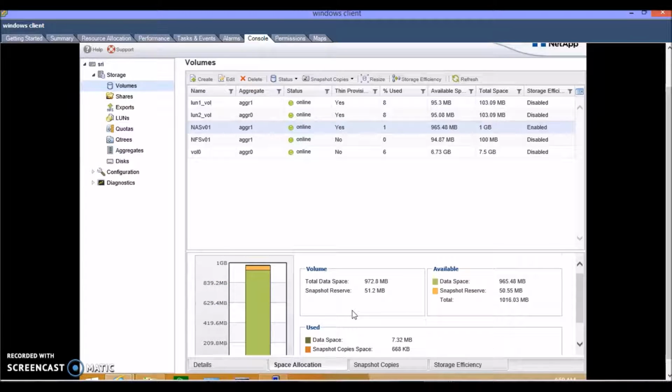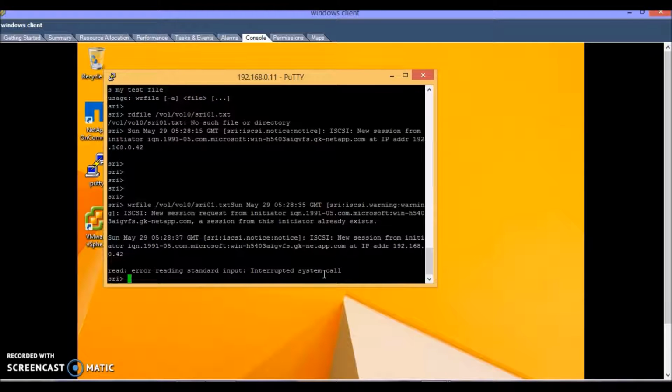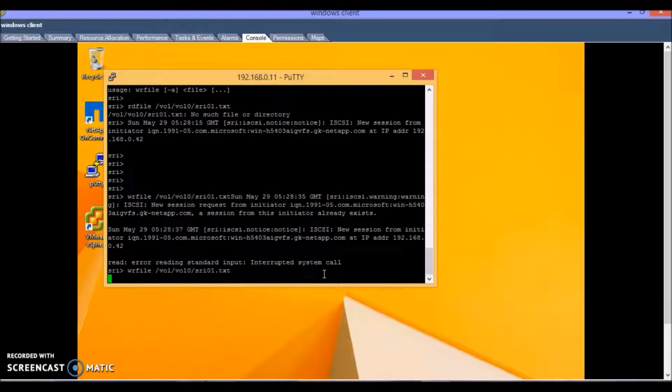To see the space allocation for snapshot copies, go to the bottom of the screen and click on the Space Allocation tab. Here you can see the total capacity of the volume, the available space for snapshot reserve, and the used space for snapshot copies.